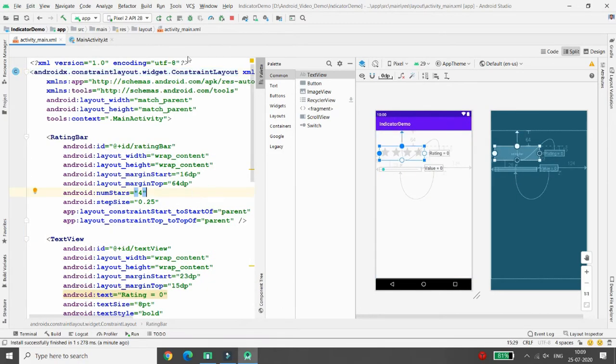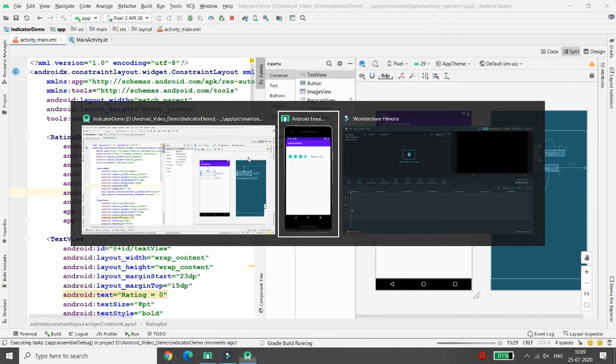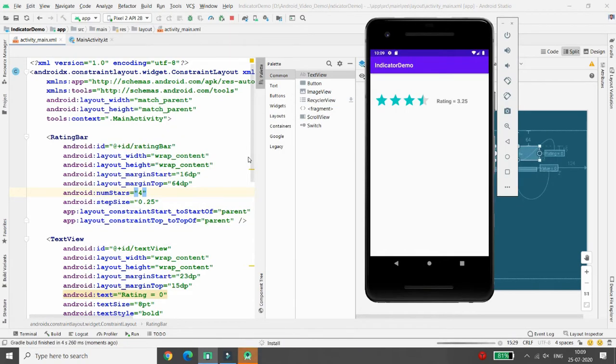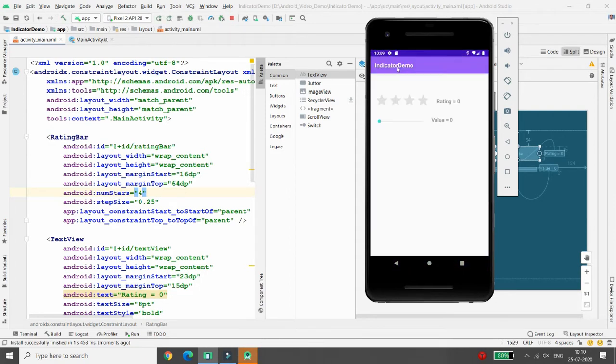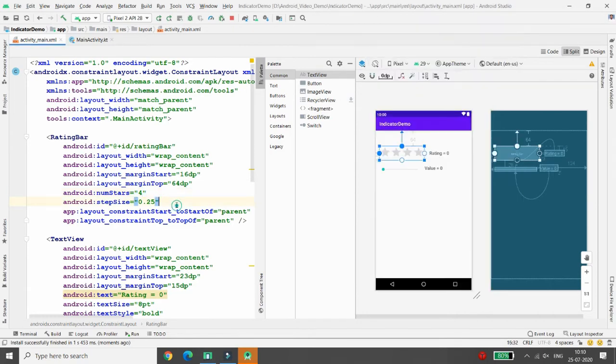Let me execute this application. Here you can see that there are two controls I had taken. One is the seek bar and another one is the text view. So whenever the user provides some value over here, for example, you can see that this is a 1.75 rating. But whenever I change the cursor of my seek bar, it means whenever the progress is changed, I want to retrieve that particular value in this value text view. This is text view number 2.